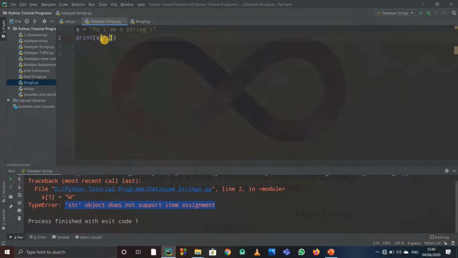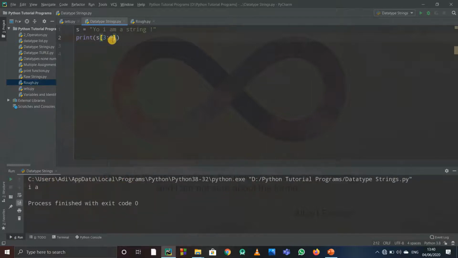But the thing is, after the colon whatever you write, that index is excluded. So if I write 6 over here, it will print up to the 5th index, that is A only. So if I run this thing, it will print out only up to A. So suppose if I write 7 over here, so 7 will get excluded and 6 will get included. So it will print I am. In this way we just have to use the indexes to slice. Slice means like sandwich, you know, the slice of a sandwich.